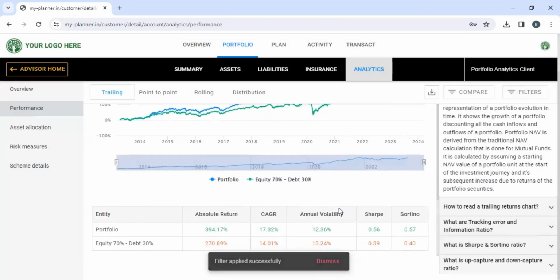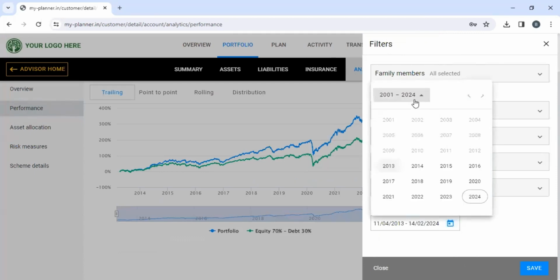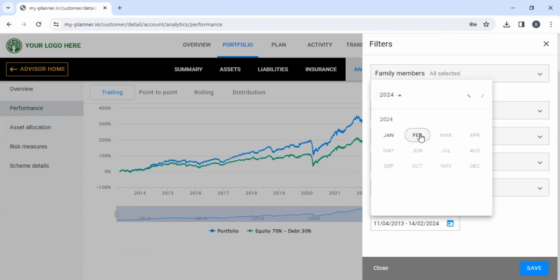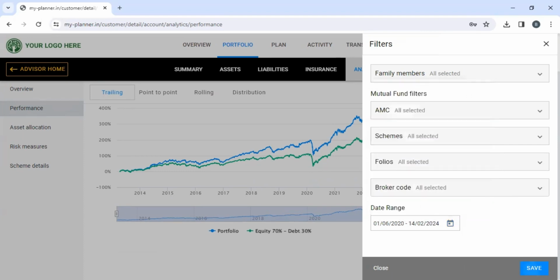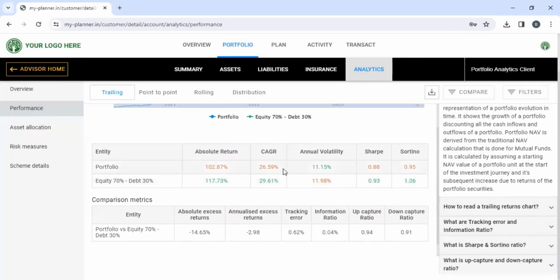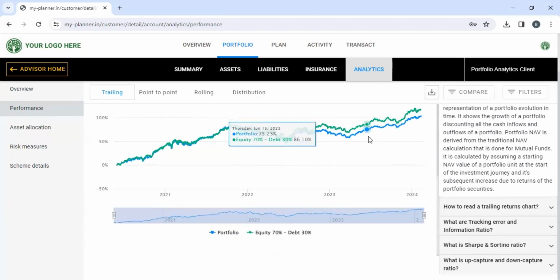Now with this particular, okay, sorry, I have to do it once again. So 2020, June, let's say first till now. So it's 26% and the volatility has also a bit increased. So actually this is the return, risk and return contribution of this particular scheme in the portfolio for this period